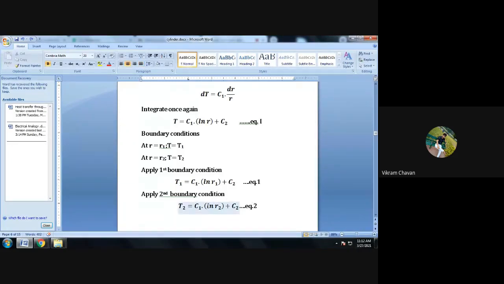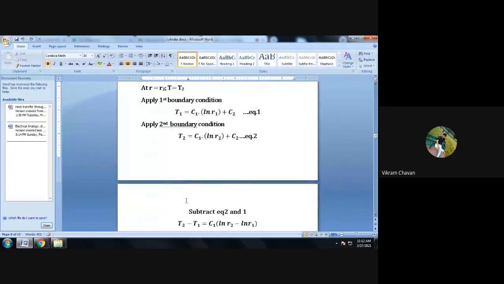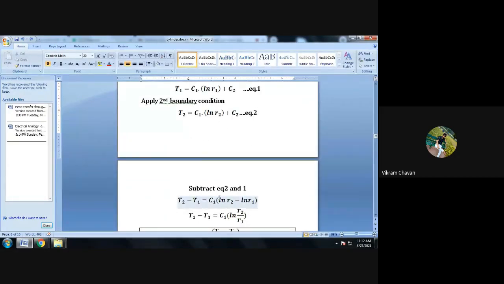Then further, we have to subtract these equations to eliminate one of the constants. We have to do some mathematical operation, so here we perform the subtraction: subtract equation 1 from equation 2, such that the left-hand side is subtracted from the left-hand side and the right-hand side from the right-hand side. So T2 minus T1 will be our left side, is equal to